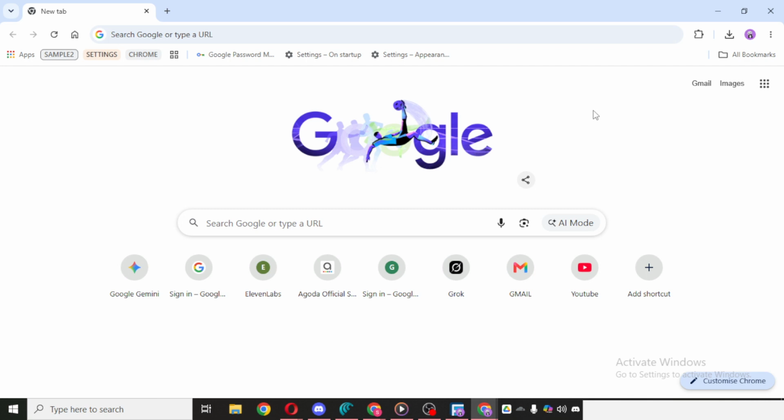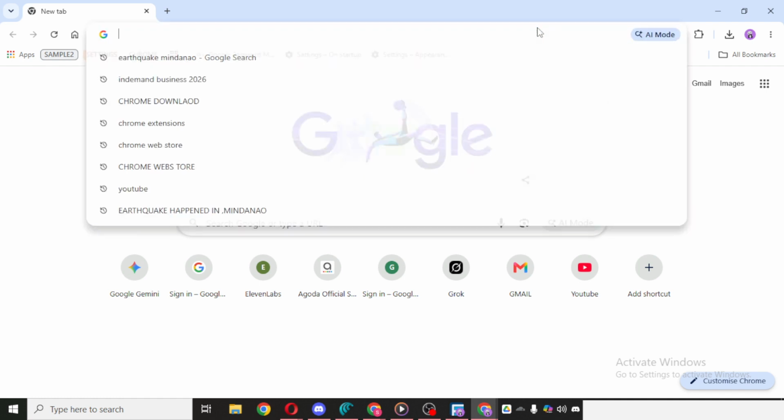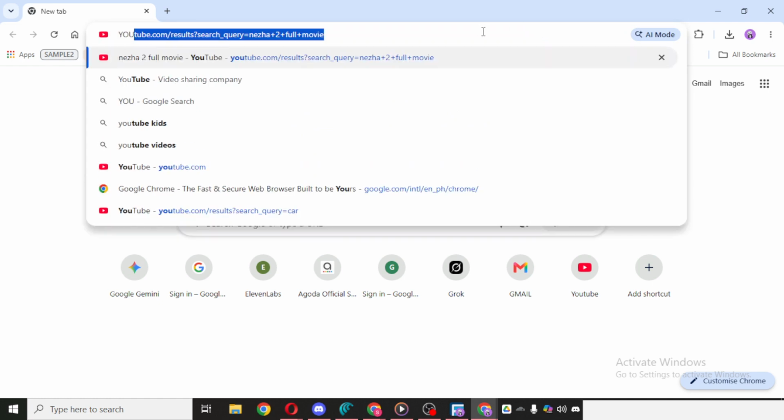At the top of the window, you'll find the address bar. This is one of the most important parts of Chrome because it lets you do two things. First, you can type the address of a specific website if you already know where you want to go. For example, if you want to visit a particular site directly, this is where you enter it. Second, you can also use this same bar to search the web. So if you want to look up something like YouTube or any other topic, you can simply type it into the address bar and press enter. Chrome will then take you to the search results or directly to the website if it recognizes what you mean.